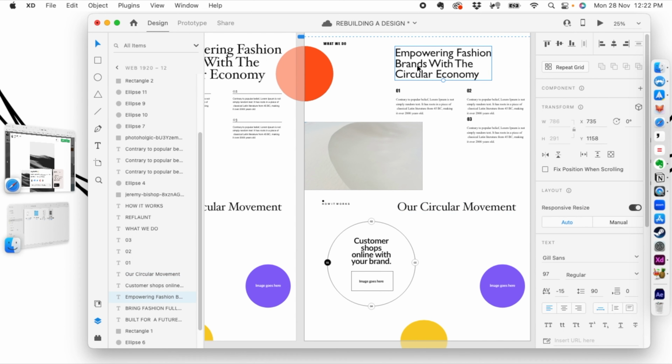We will go here and we'll change it to the same typeface here, Gill Sans. So we'll delete this, we'll duplicate this and bring it down here and change it to our circular. Okay, cool. So it's the same thing, but what we'll do is